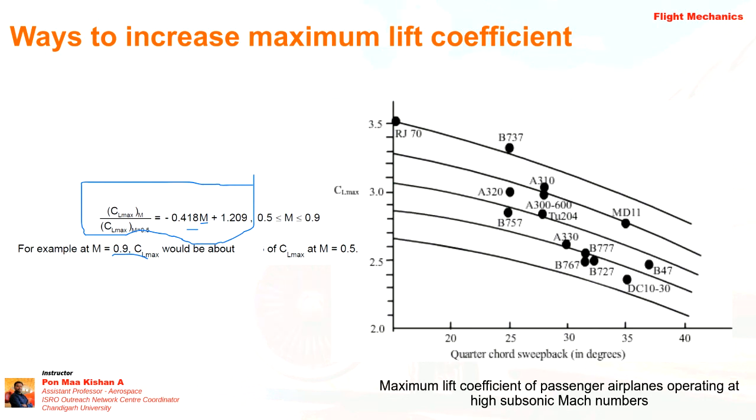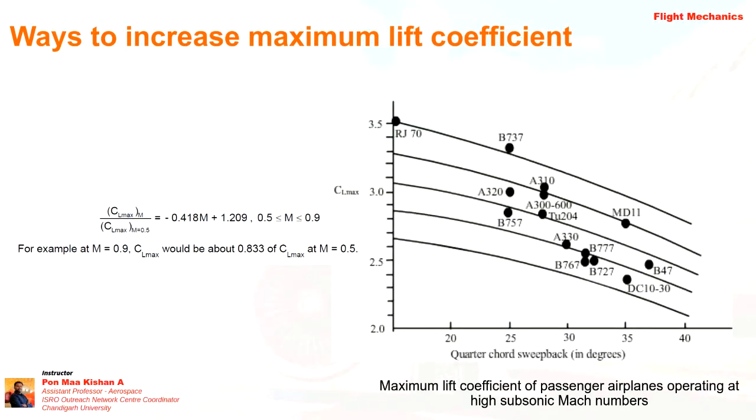So most of you have given the answer as the third option, that is 0.833, and a few of you have given 0.853. So let's check what the answer was. It is 0.833. It is the correct answer. So from this graph, this is just an approximate. If the instrument fails and you want to calculate how much CL maximum is required if the aircraft is flying in between, we can use this type of technique.